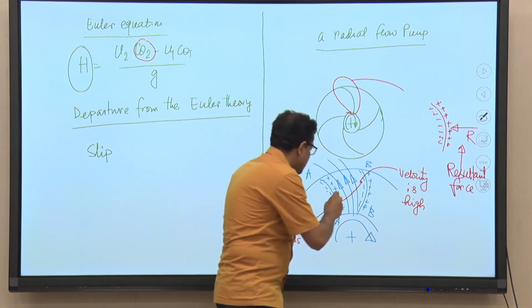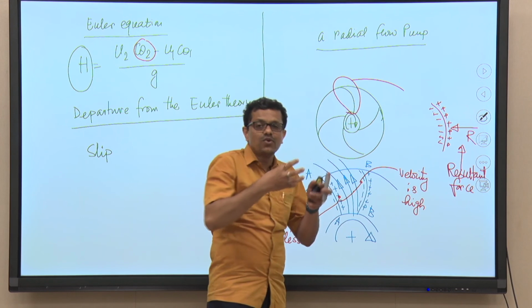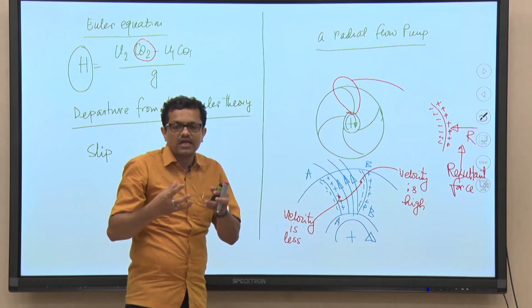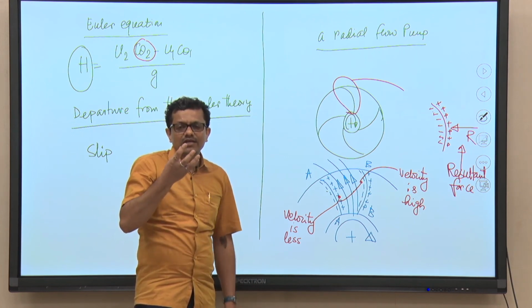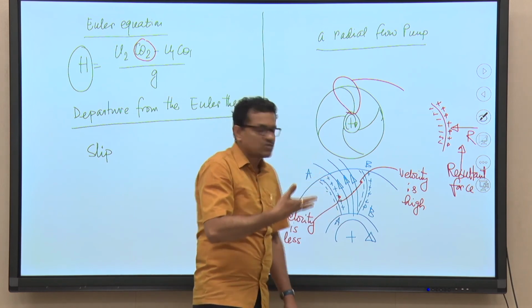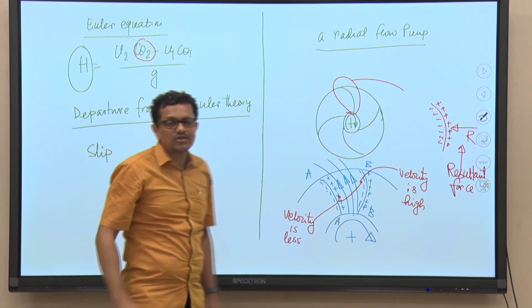So, basically the eddy formation will be there, that I will be discussing in the next class, but for the time being you should understand that the eddies which are being formed in the flow passage will sustain and try to grow in size. While they are growing in size and sustaining in the flow field, they will try to extract energy from the main flow, as a result of which that is loss. So, basically the head that will be predicted by the Euler equation will not be the same.